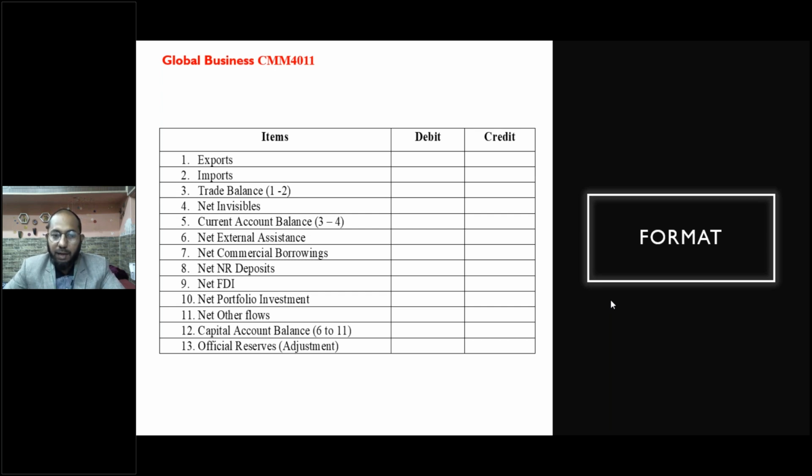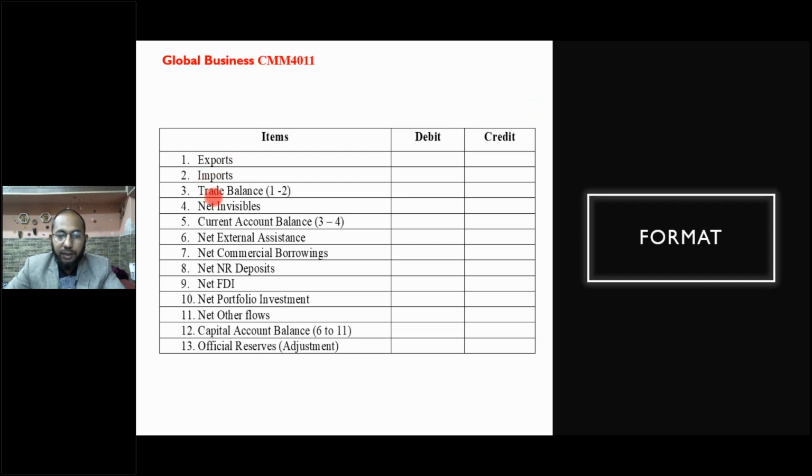That's why we say that the capital account is related much more to the long-term aspects of economic transactions, and the current account is an active account because it deals with transactions on a daily basis, and it is very important every year for the country to decide about. If you see the format of the balance of payment, you can easily see that it starts with exports, imports,